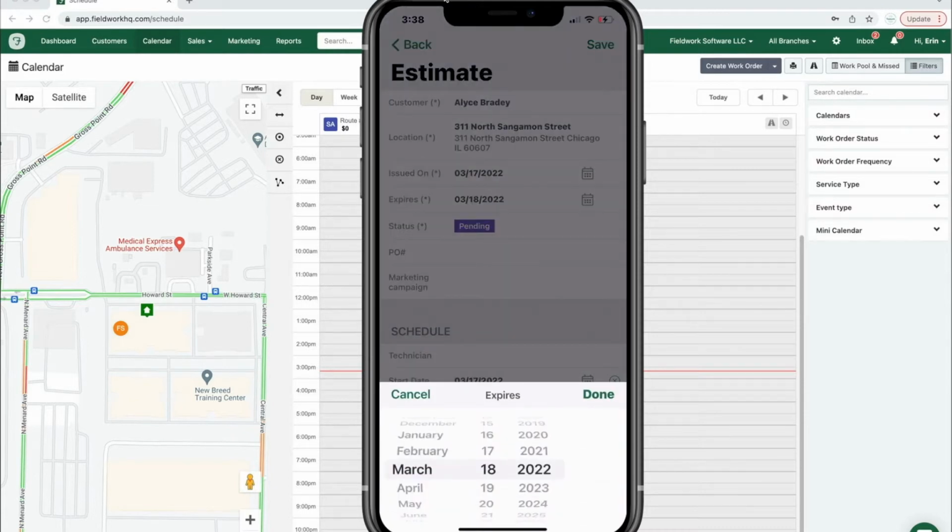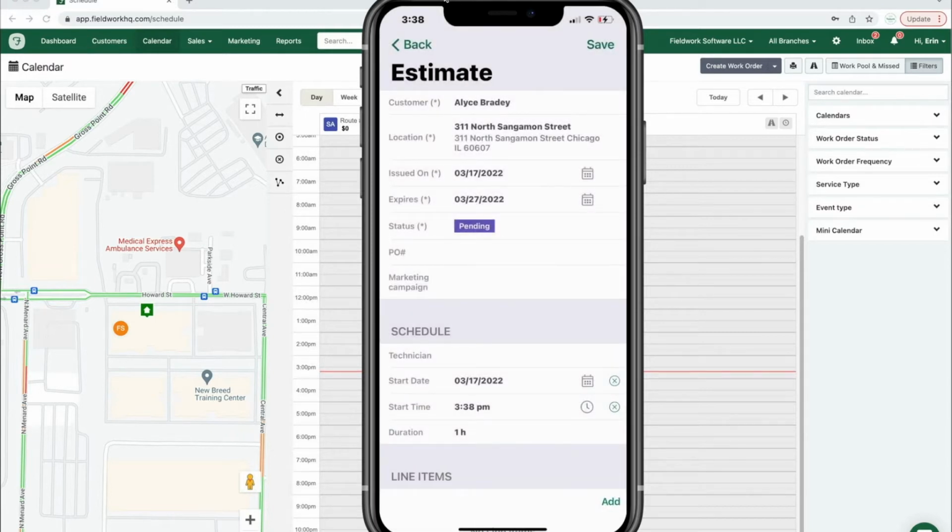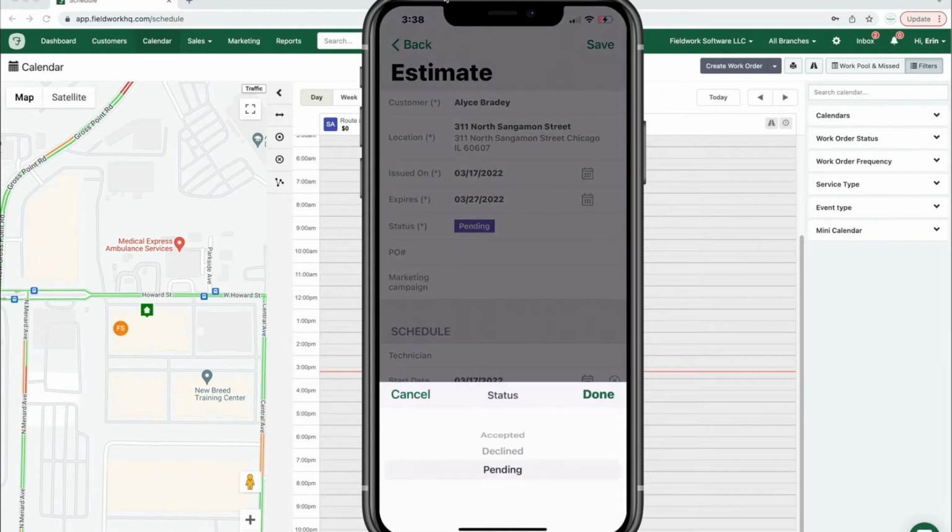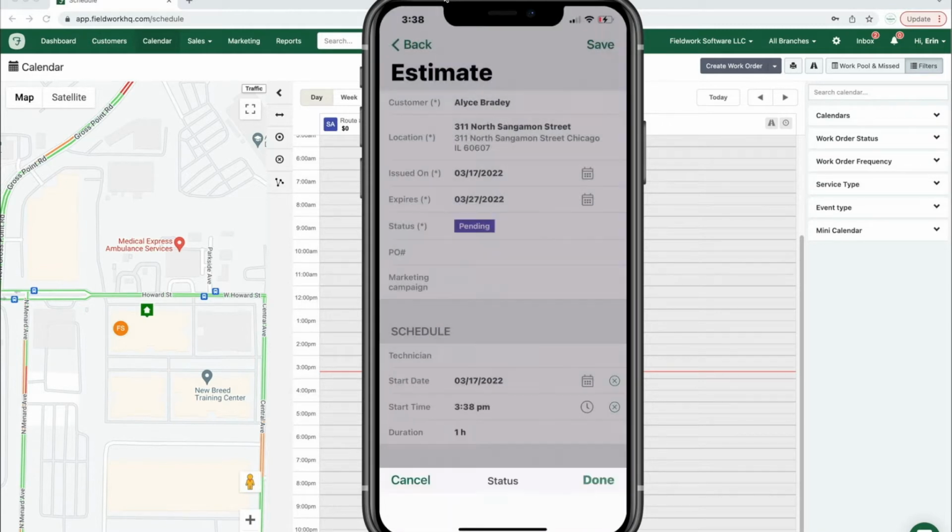I'm going to go ahead and give it a few days. We'll say it expires 10 days after. The status is always pending to start. If you tap pending, you can change that to accepted, declined. So I'm going to keep it at pending. If there's a purchase order number associated with this estimate, you can add that there, or if there's a marketing